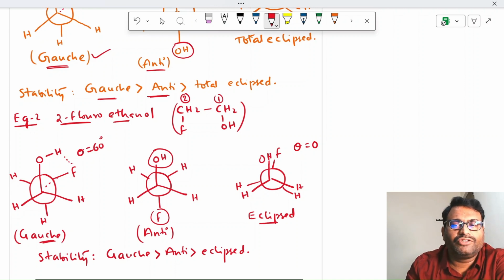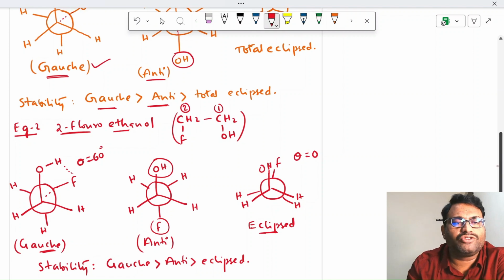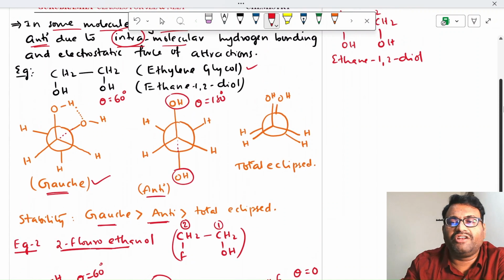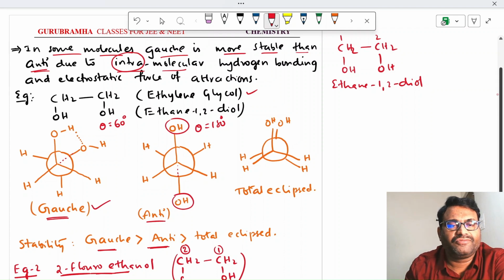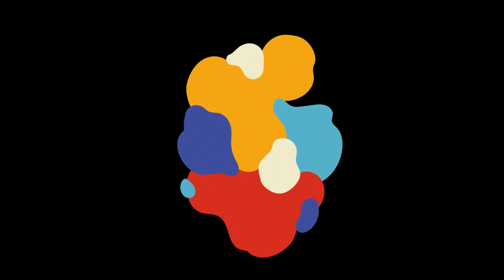So we have to remember these two examples. These two examples are generally asked in the examination. What are those two examples? One is 2-fluoroethanol and another is ethylene glycol, in which anti is not more stable than gauche, but gauche is more stable than anti. Hope you understood very well. We shall meet